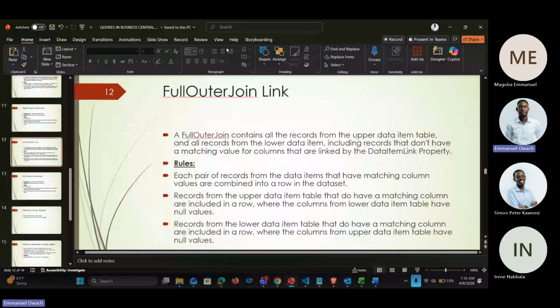This time it won't be using the SQL join type to display data. It will use the data item link property. And that data item link property, in this case being a full outer join, will segregate and show you all the data per the primary value and then move on to the next